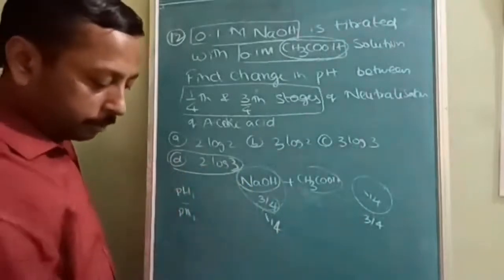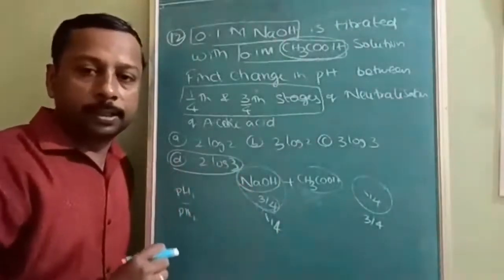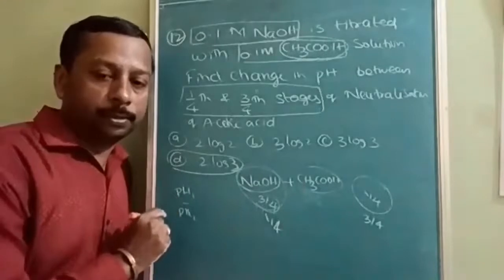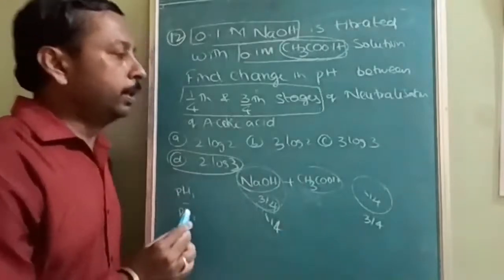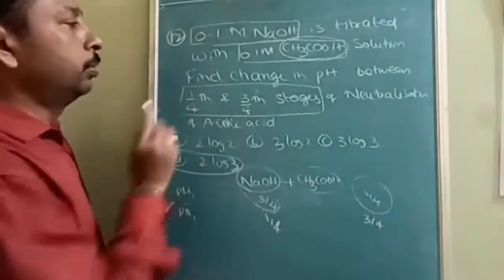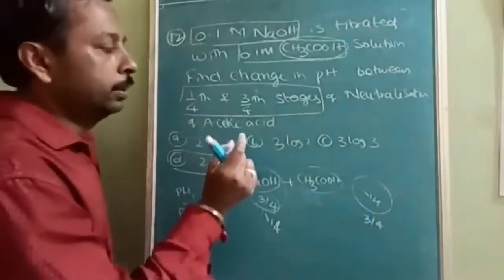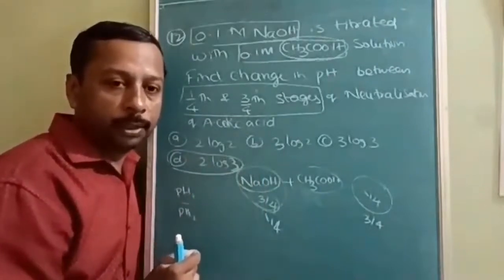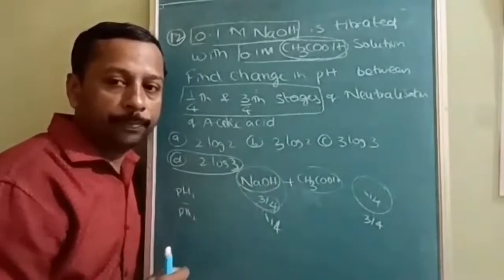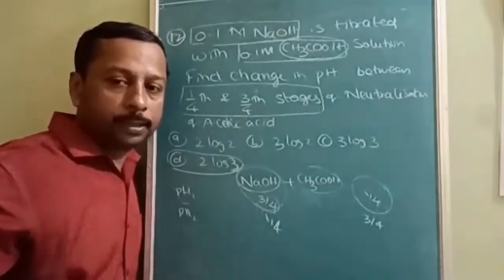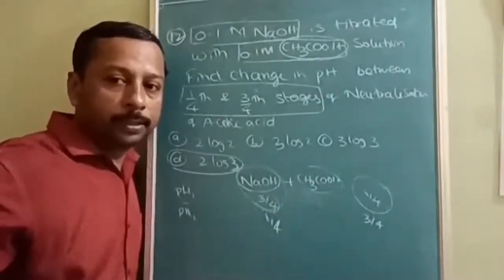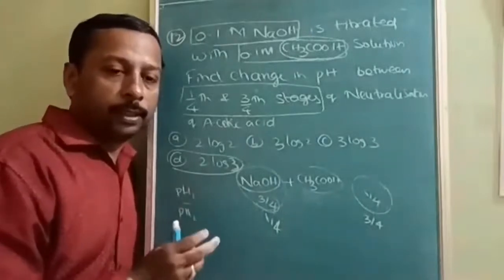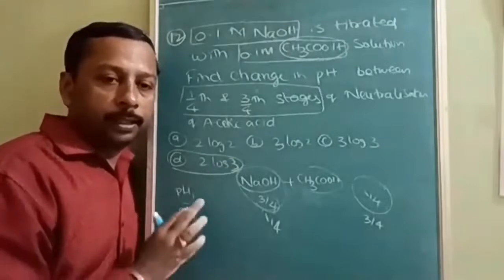I think on simplification, the same question is discussed in one of our buffer solution lectures. So listen carefully, once again I am explaining. During 1/4 neutralization, 1/4 will be the salt formed. What will be the salt formed? 1/4 of the salt will be formed, and the remaining 3/4 will be as it is. So salt upon acid, salt upon base, like that. If you substitute both conditions, the 1/4 will get cancelled and only log 3 will stay in both conditions.